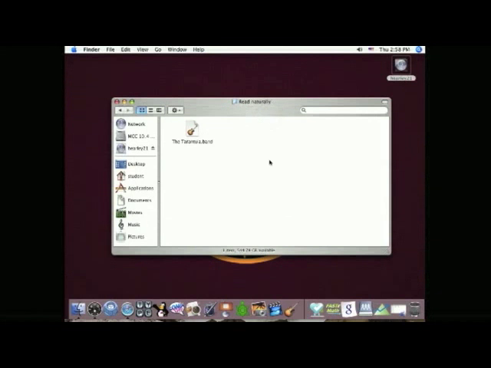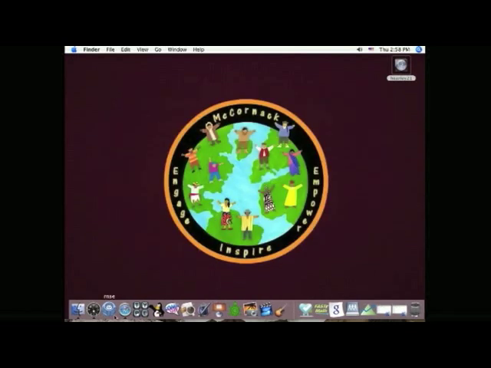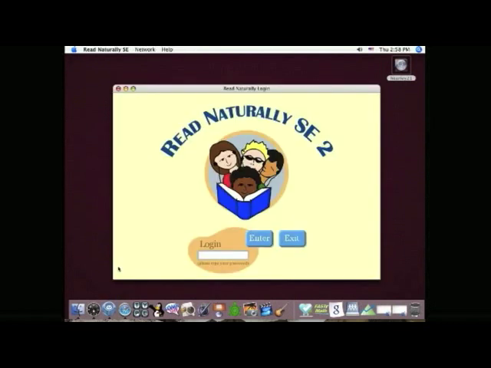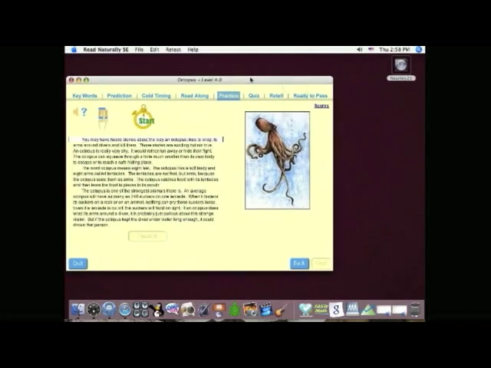Okay, so now we have our Read Naturally folder open, and we need to open up a couple more programs. The first thing I'm going to do is get this out of my way by minimizing. So I'm going to click on this yellow middle fellow, get that out of the way, and I'm going to fire up Read Naturally first and let that jump and get started. I'm going to type in my password and click enter, and it's loading the story that I'm going to be reading. So once I have Read Naturally up and running, I want to move it over to the side here,